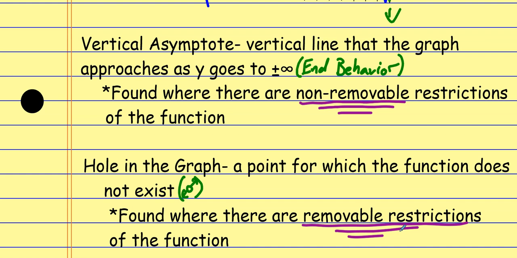Okay, we're going to find the domain restrictions the same way that we've been finding domain restrictions, but then we're going to simplify the same way that we've been simplifying, and it's just a matter of saying, okay, which thing canceled out and which thing didn't cancel out. The thing that didn't cancel out is the vertical asymptote. The thing that did cancel out is the hole in the graph. Okay, for example,